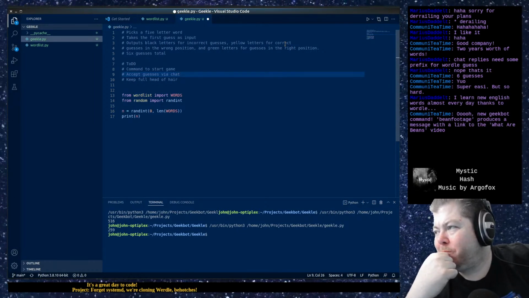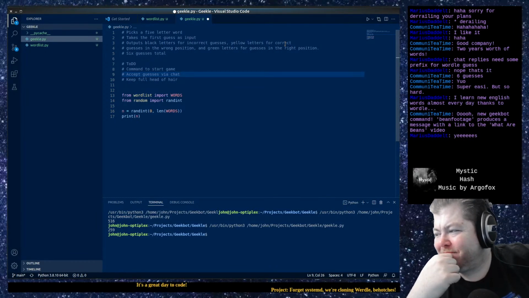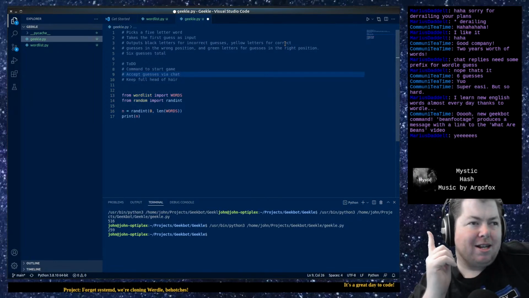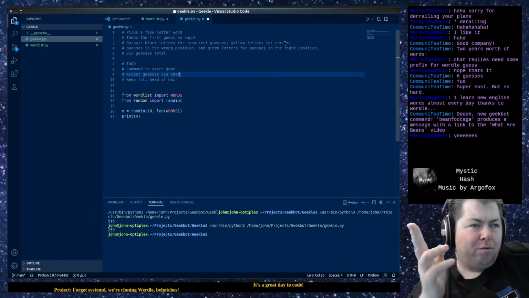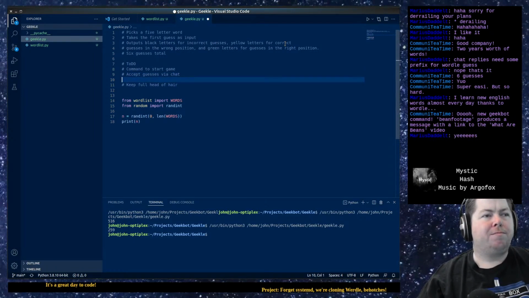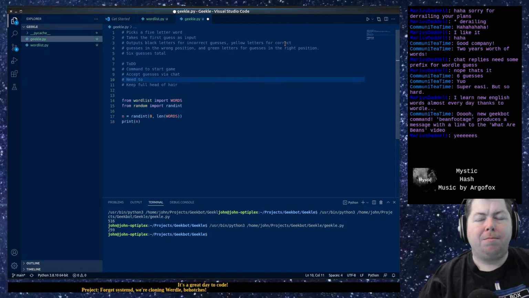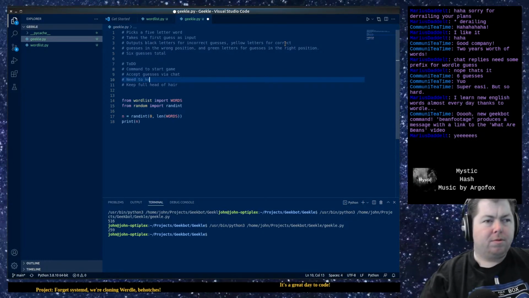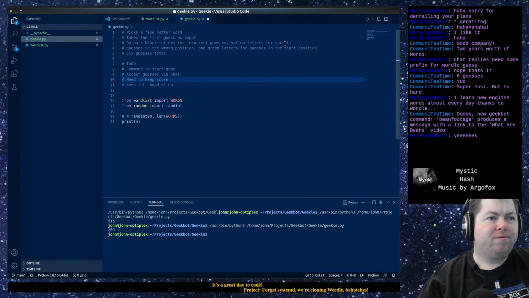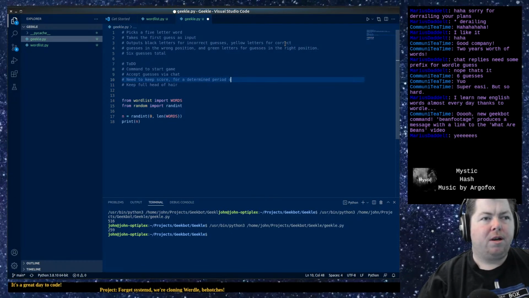We'll get to that. Okay, so we need a Geekbot command to start the game. We need a Geekbot command to accept guesses via chat. Need to maybe keep score, for a determined period of time.